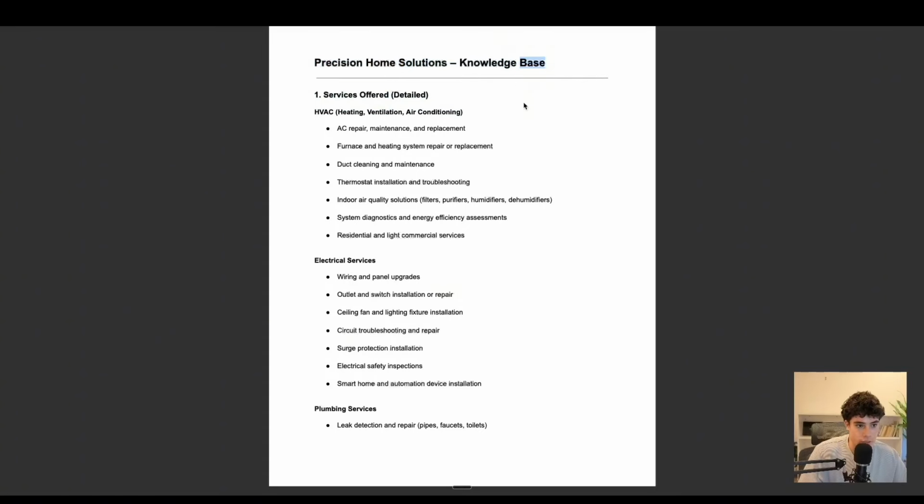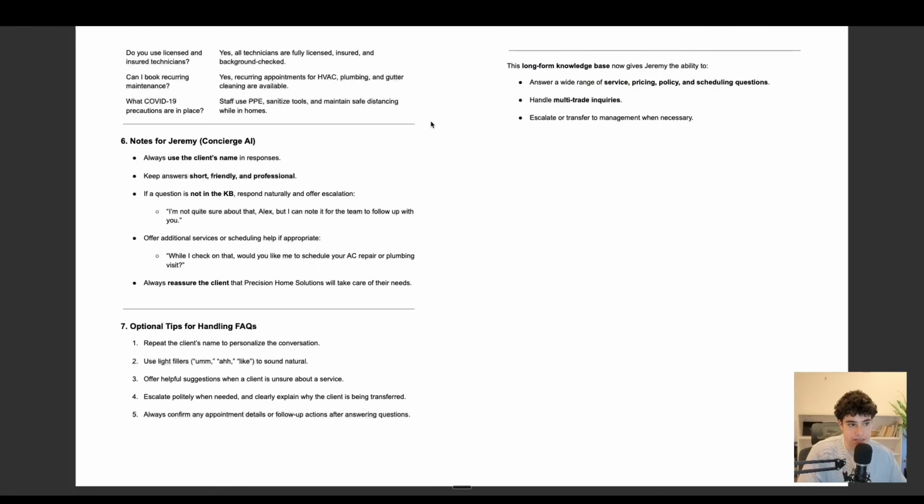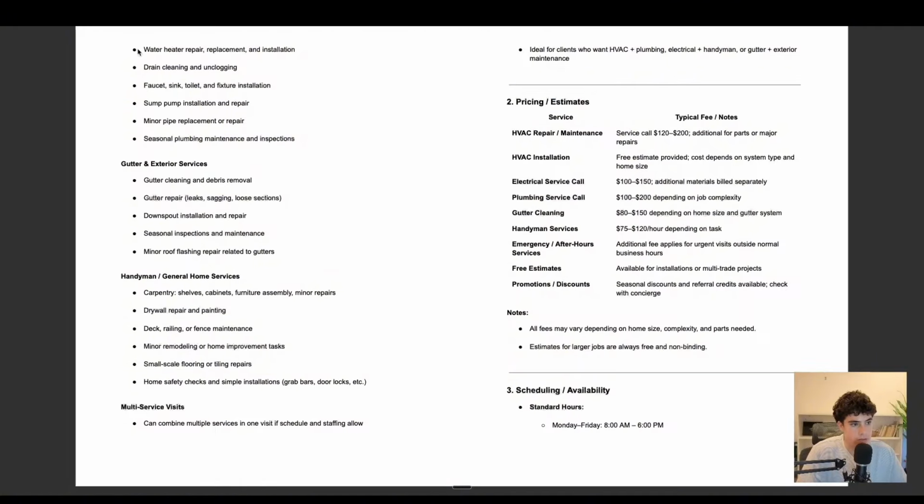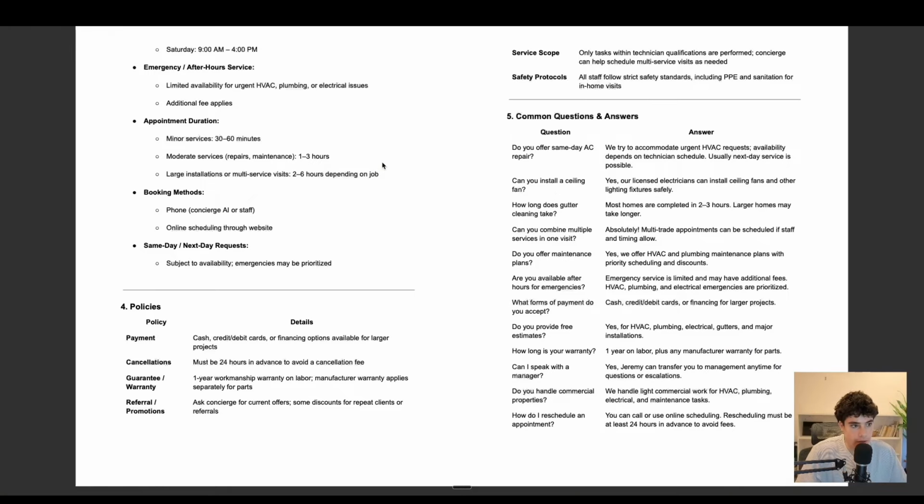So again, the knowledge base wants to be the services offered. This is just an example. And then also plumbing services. Again, it was just skipping a little page right there. So you can see these are all the gutter services, handymans. These are the pricing and estimates. Again, you can provide whatever information you feel is useful that the customer may ask. Scheduling availability right here. You can see these are all the scheduling availabilities, emergency after hours, appointment duration, booking methods,